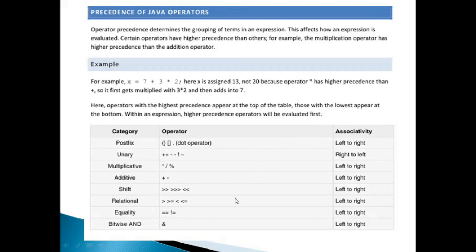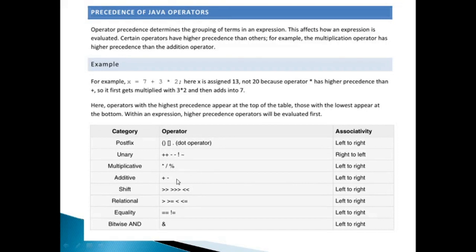As you can see, at the topmost level the precedence is of parentheses and square brackets, then the unary operators, then multiplication, division and the modulus operator, which all fall in the same category of precedence.